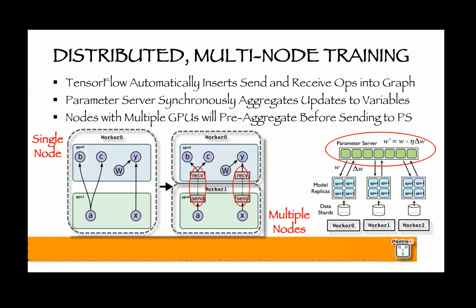But on TensorFlow's side, it will recognize that it's on separate workers and it requires communication through a network, and it will physically put in the send and receive nodes where that cross-worker communication is happening. Behind the scenes, it's using gRPC and protobuf to do this communication. This is the area where Yahoo came in and contributed an RDMA